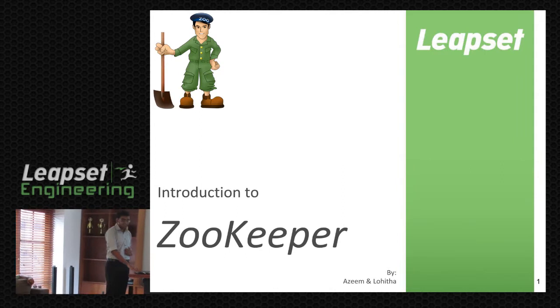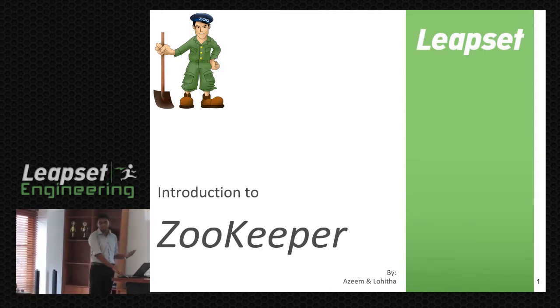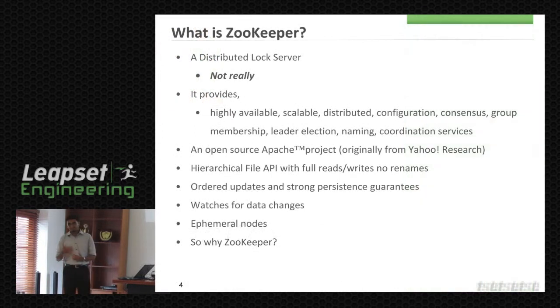So that is the idea of Zookeeper and any other distributed apps. The explanation for Zookeeper was whether it's a distributed log server. It's not. That's not the case. But it provides that feature with Zookeeper, so one can implement that. We'll talk about that later. Basically, it provides these services: high availability, scalability, distributed configuration management, agreement, group membership. So whatever distributed services are needed.